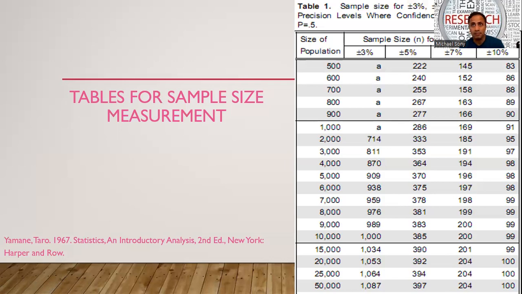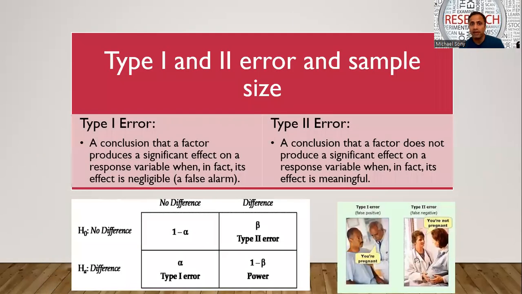While calculating the sample size, there is also one factor we need to keep in mind, that is type 1 and type 2 error. What is a type 1 error? Type 1 error is a false positive. Take for instance,